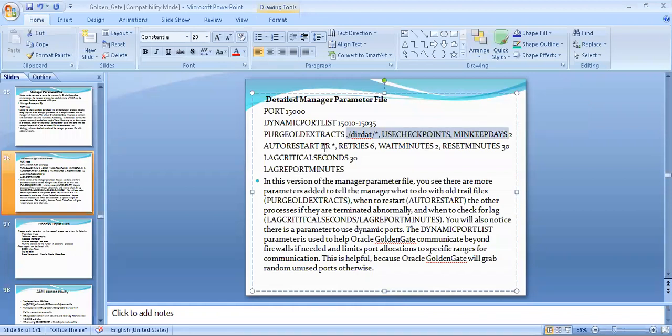Auto start ER retry 5 wait 5 minutes means if ER, extract and replicate, will abandon, it will wait for 2 minutes and restart the process. It will try 6 times. So with the help of this parameter file, the manager can monitor other processes.